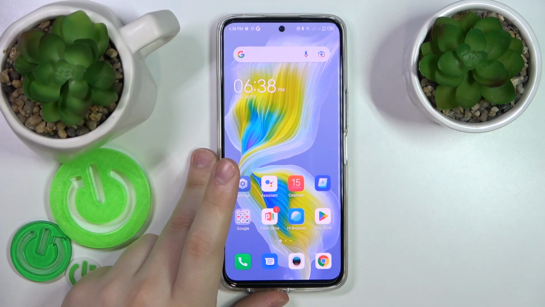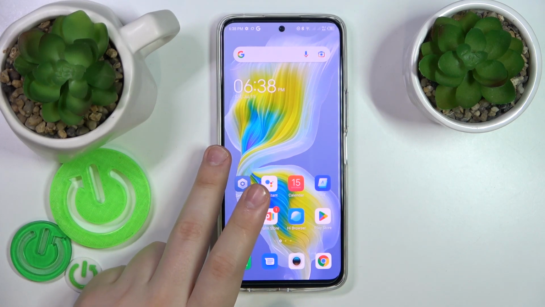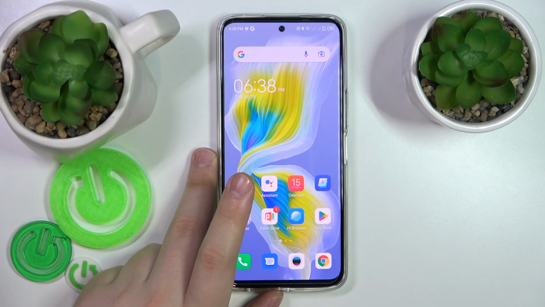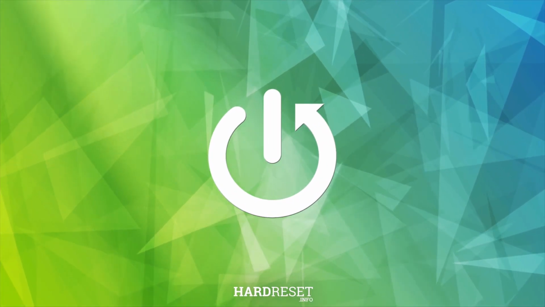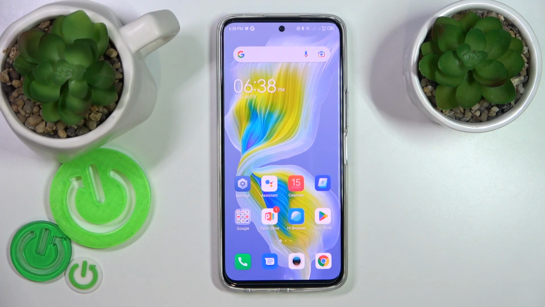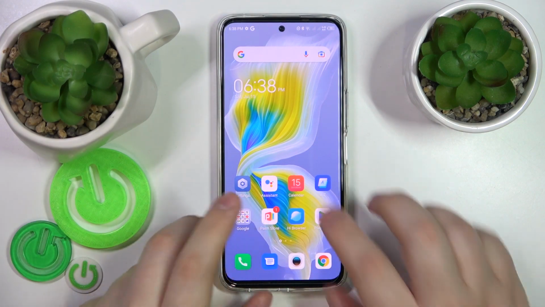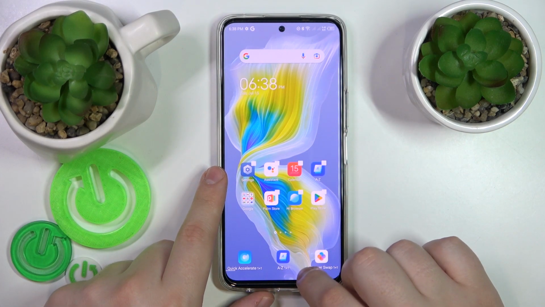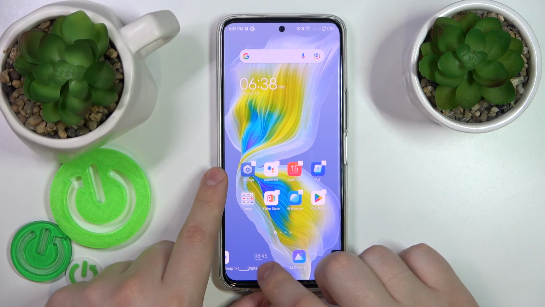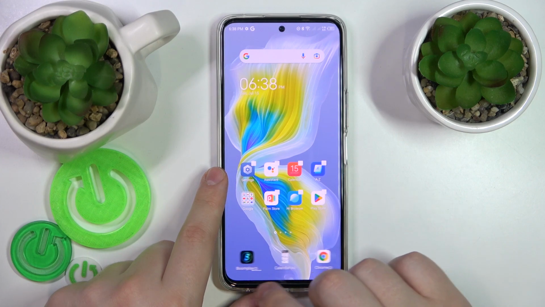This is Tecno Camon 18 Premiere, and today I will show how you can add sticky notes widget to home screen on this device. So to start, you will need to open the home screen, then make the pinch-in or shrink and swipe like that. Onwards, open the list of available widgets, and let's see if we have any notepad widgets available to us